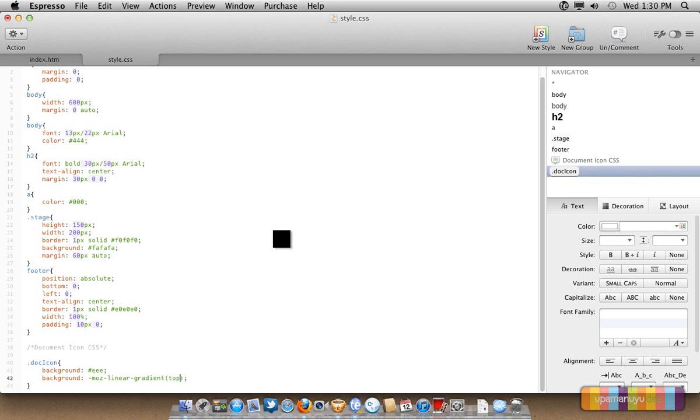Okay, top, we'll start from top. The color will be EEE and 0. Okay, the color will be EEE and 15% to the bottom. Okay, the color will be FFF and 40%